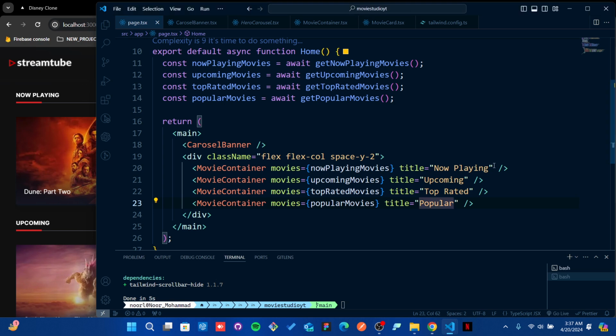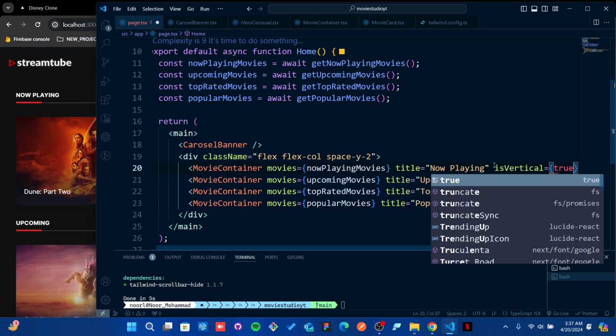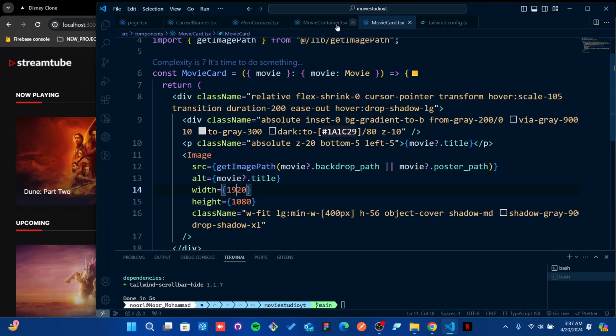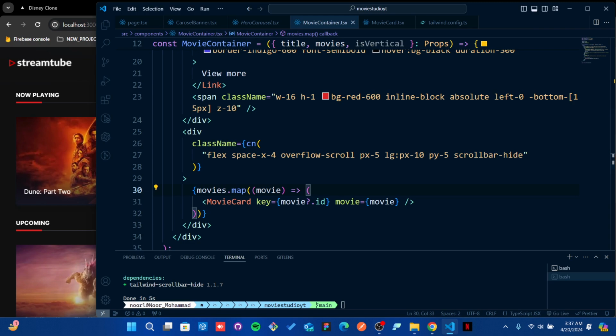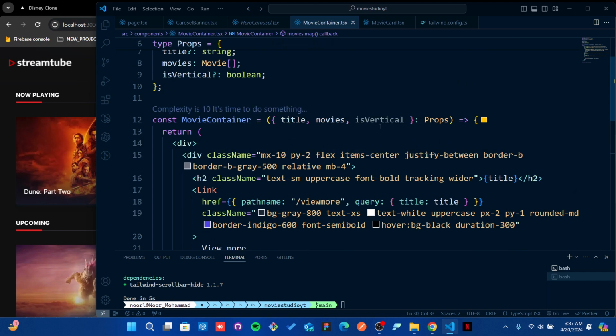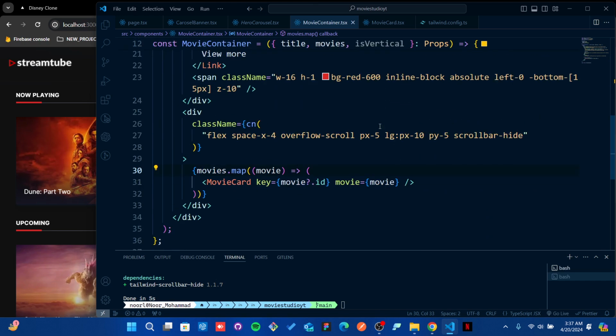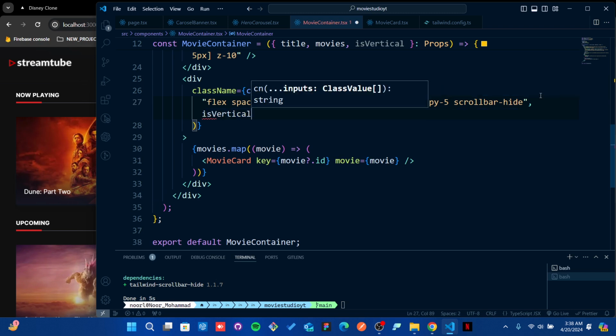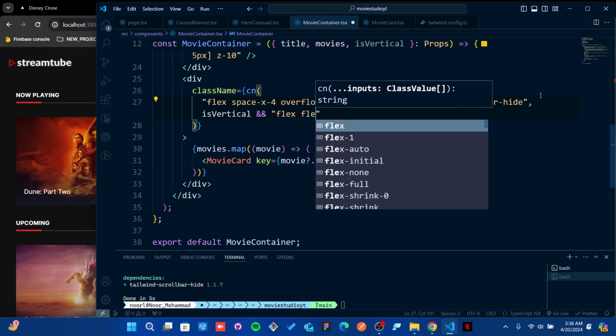So now let's pass is vertical as true. So we are passing is vertical as true. Let's see how it's going to take effect once we enable the vertical parameter. Remember, we are getting a value of is vertical. So this is our application. We're mapping all the movies. So in that parameter, I'm going to pass one value, which is going to be is vertical available, and what I'm going to make is flex column,